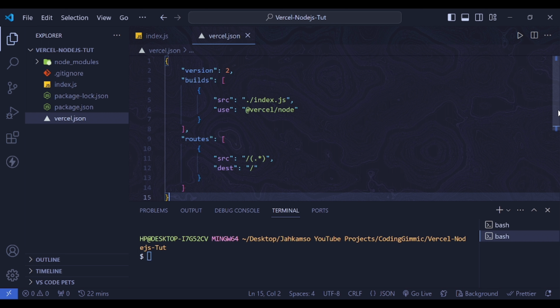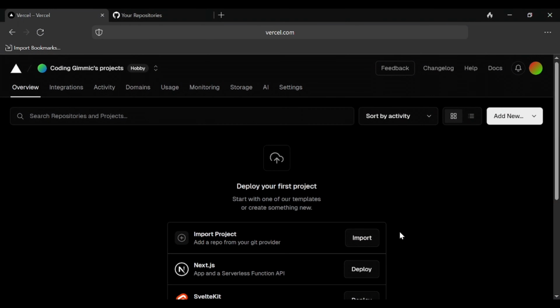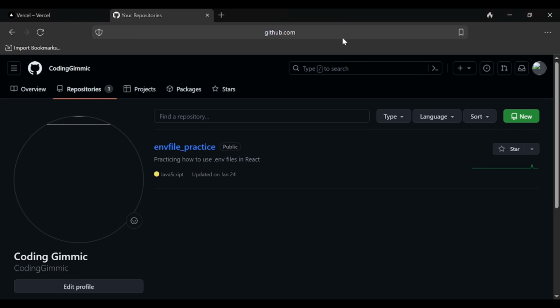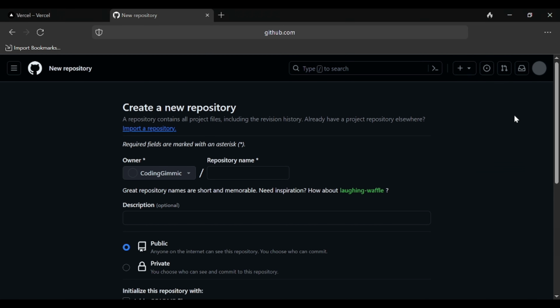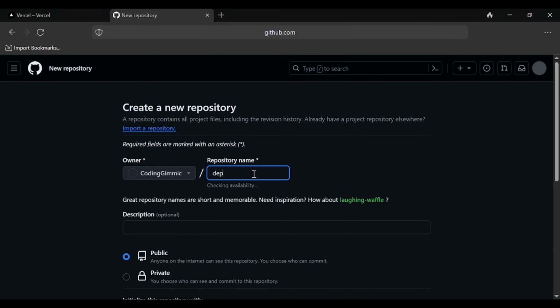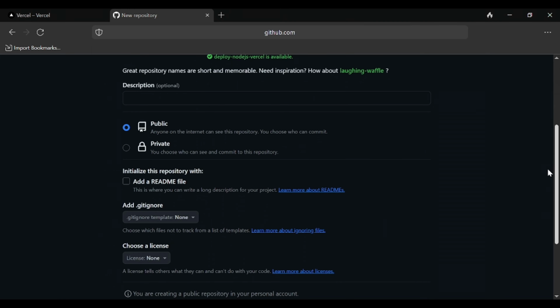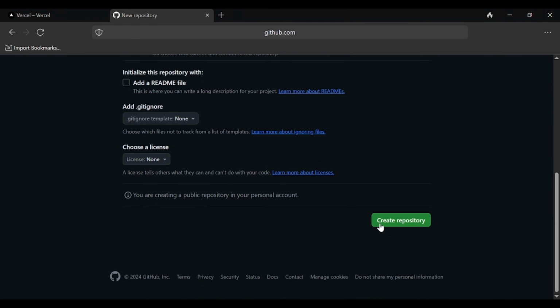So now what you need to do is go to your browser and then go to GitHub, create a new repo. I'll call this deploy vercel node, deploy Node.js vercel, just a funny name, but yeah. So create repository,